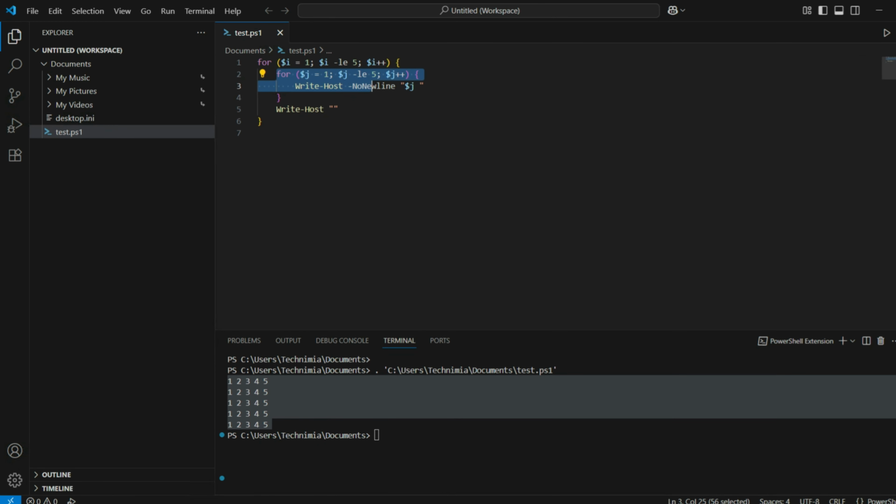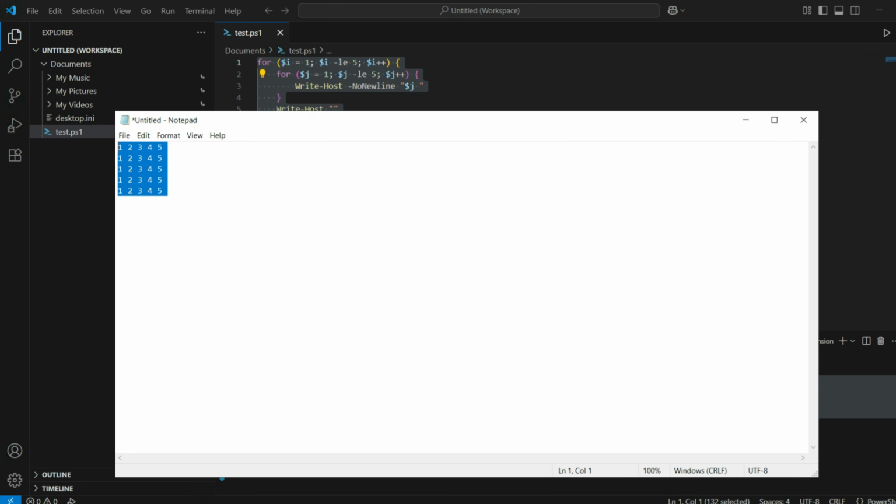How is it working? It's very simple. For explaining, I will add it in a notepad because my VS Code suggestions might cover the things that you need to see. Here, for example, we have the first loop. It is initialized i as 1, then the condition which is less than or equal to 5. Now in the first case i is equal to 1, so the condition will be true. So it will try to execute the block of the code. Here the block of the code is another for loop,